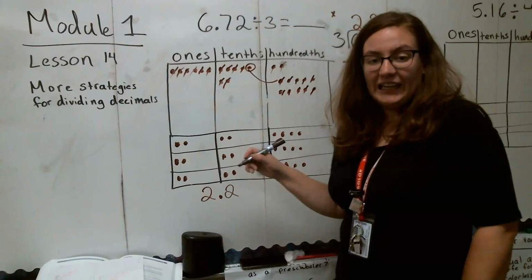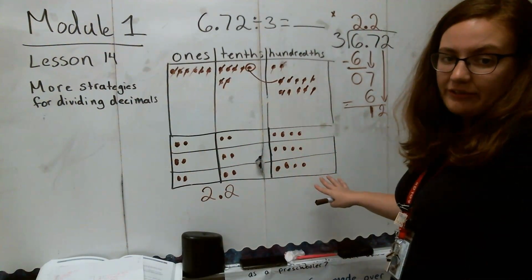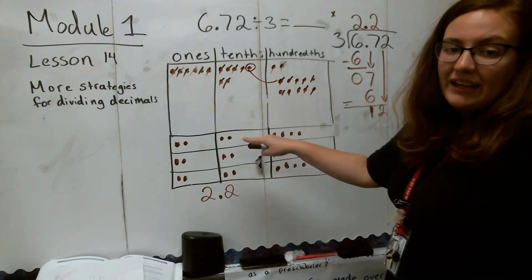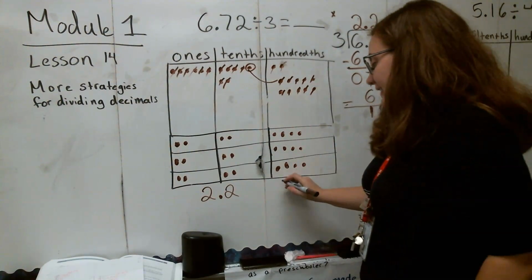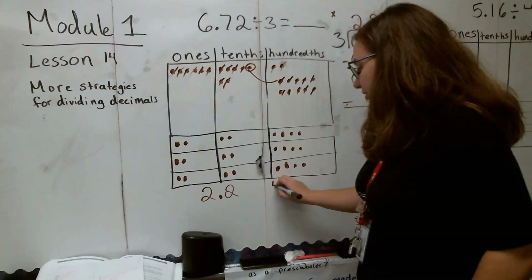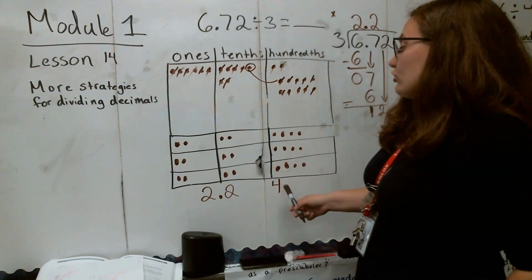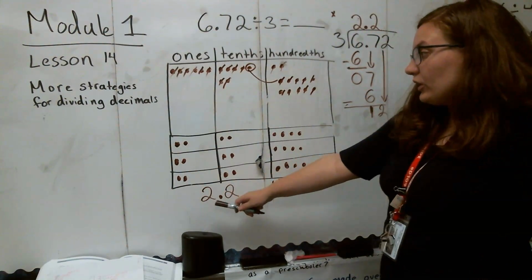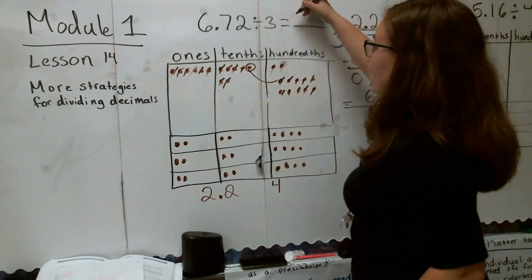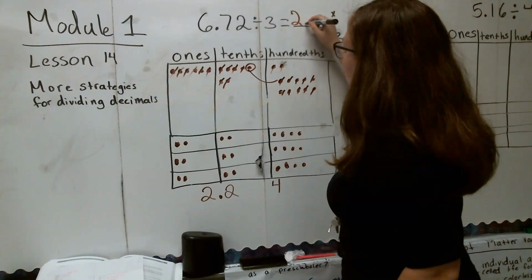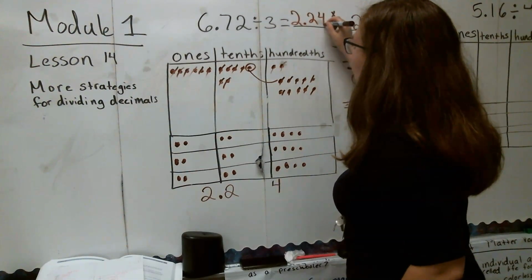And finally, I now have something a little bit different. Instead of just having 2 in each group, I now have 4 in each group. So my answer is going to be the number 4. So I have 2 1s, 2 10ths, 4 hundredths, which gives me a final answer of 2 and 24 hundredths,